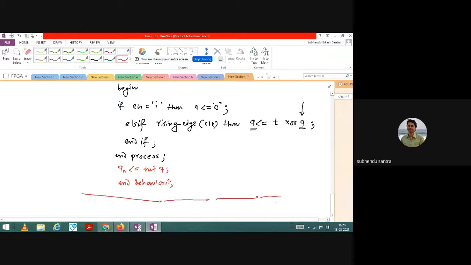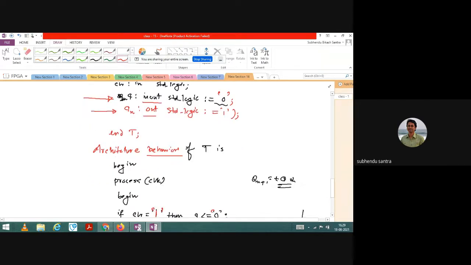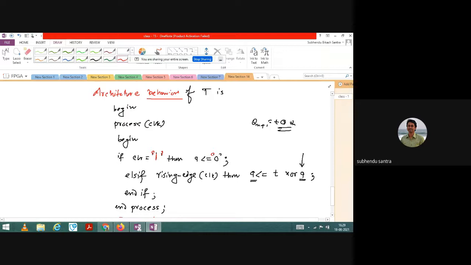Okay, so this is the program for the T flip flop. You can run and check it. Definitely it will work. You can see here clear is 1, and the output will be 0. There is nothing new to learn here. Only Q is the intermediate variable I have used, and I also have initialized it. The only thing is the rising edge and Q equal to T XOR Q, that relationship you need to know. And there is no case structure required for this type of case, because a single variable is enough to represent the output.